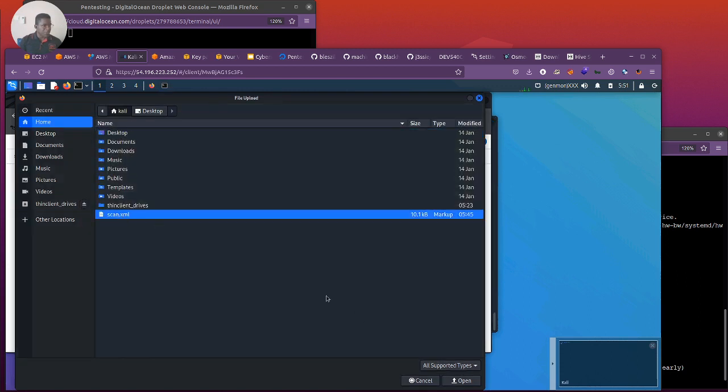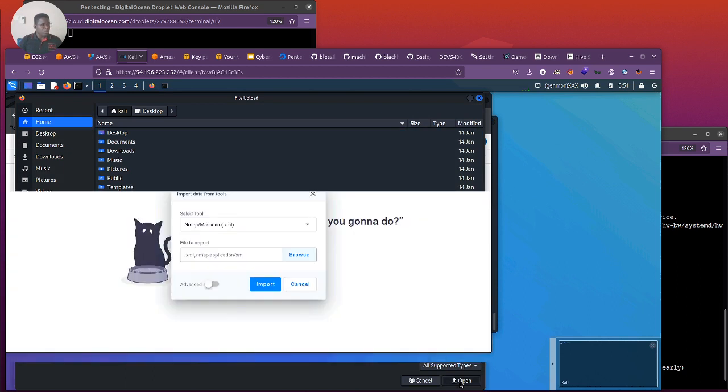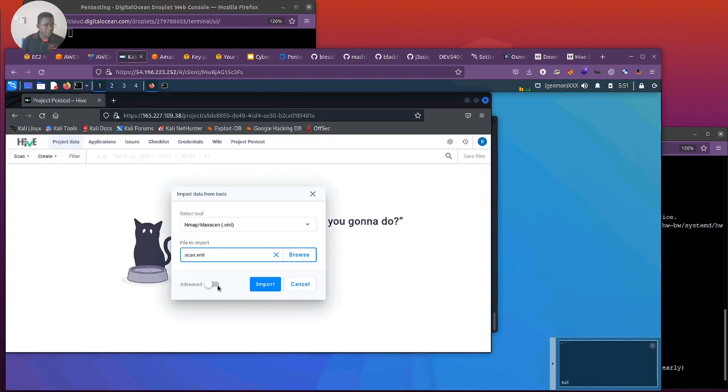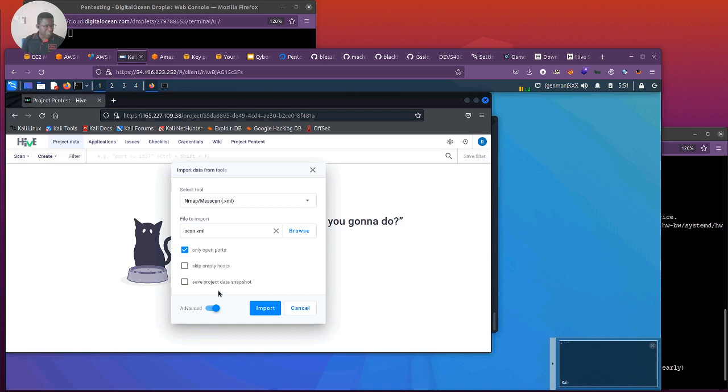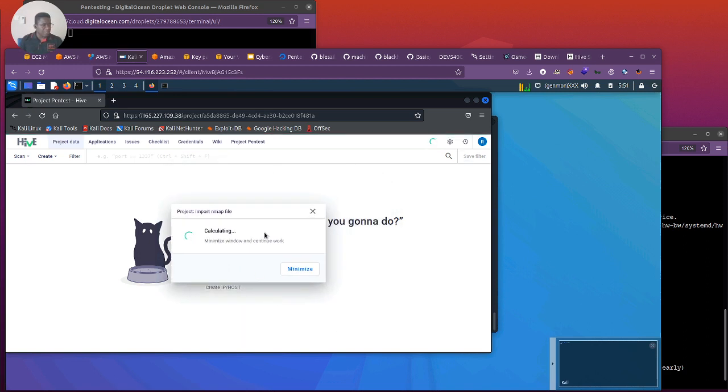So that's it over there. I'm going to import this file. Let me see if there's anything for advanced. Okay, I think this is pretty much it. I will import this, and the Hive will do the analysis and give us a dashboard, so we can now